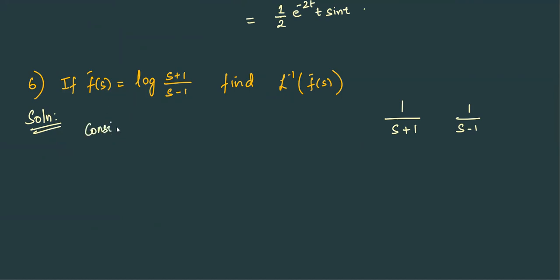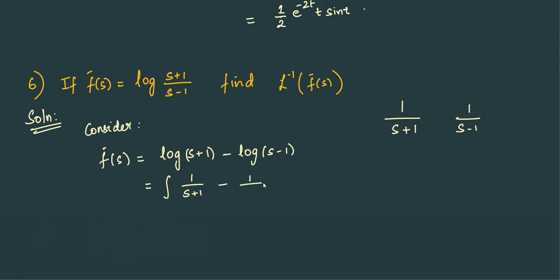Consider this one. f bar of s is log of s plus 1 minus log of s minus 1, which is nothing but integral of 1 by s plus 1 minus 1 by s minus 1